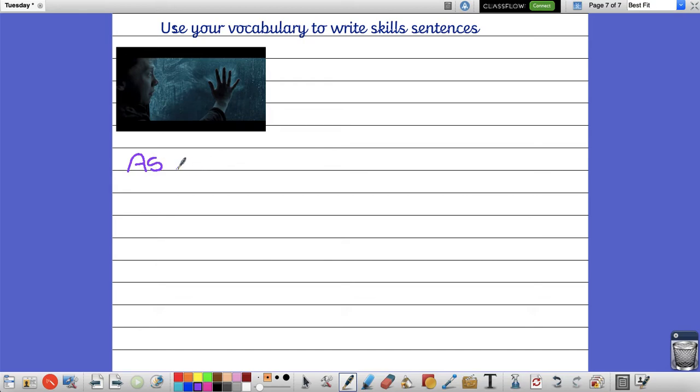So, as the train moved along the track. Okay, so that's my fronted adverbial. I'm describing where the train is, and I've used a subordinating conjunction at the beginning, as. Okay, so as the train moved along the track,